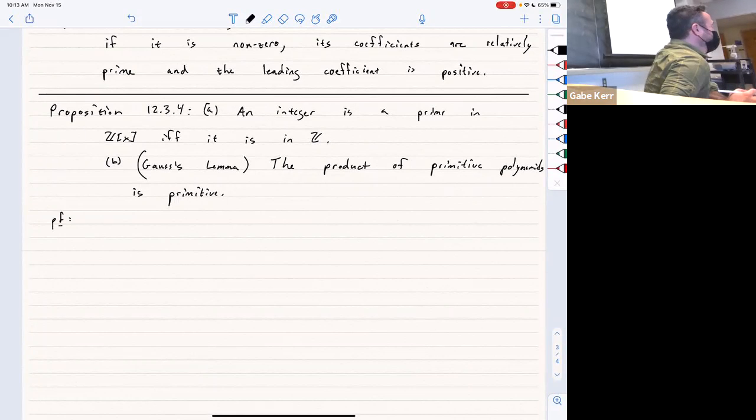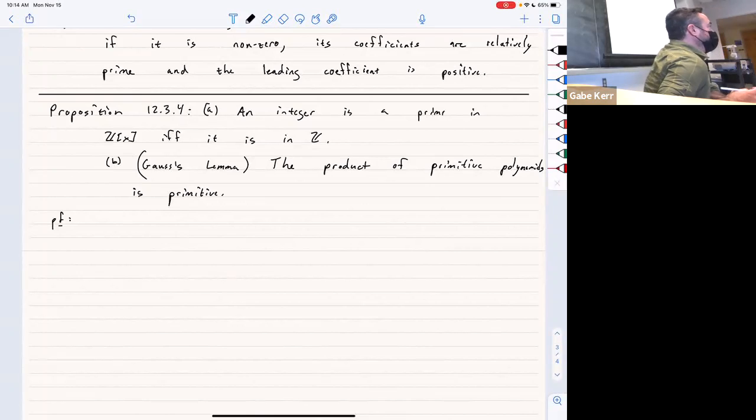All of it. Yes. When we're saying the coefficients are relatively prime for primitive, do we mean each coefficient is relatively prime to every single other one, or just that collectively they don't have a common factor? Between the two primitive polynomials, if you're multiplying them, do they have to be relatively prime to each other as well? Or no, they can